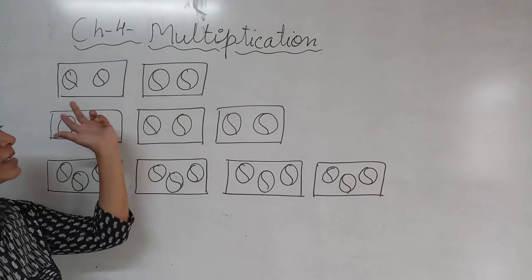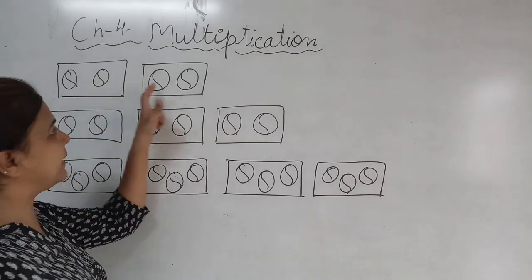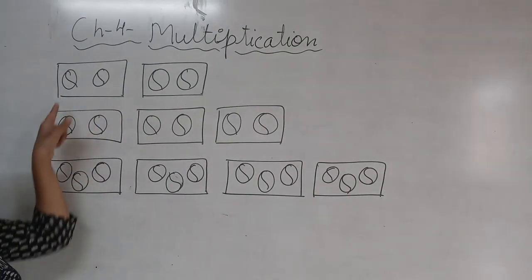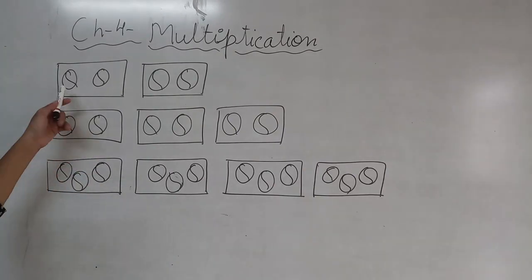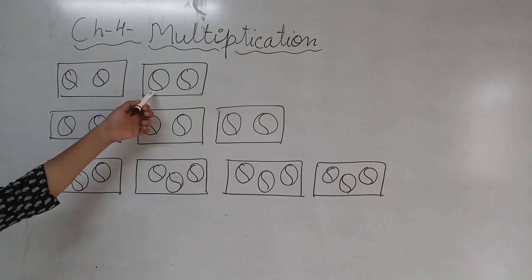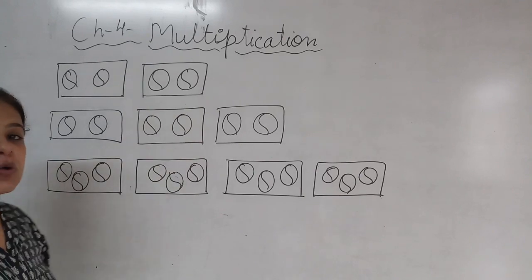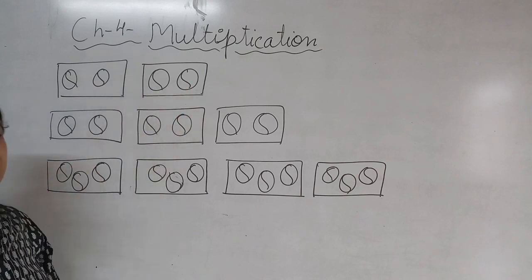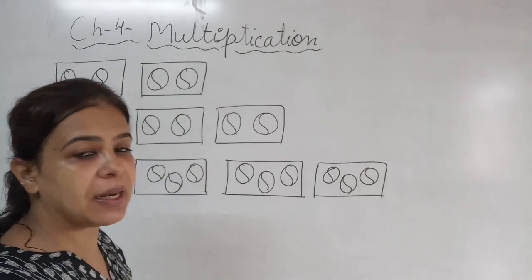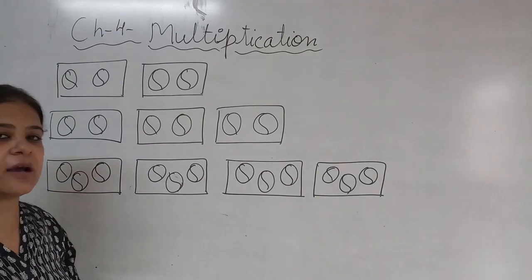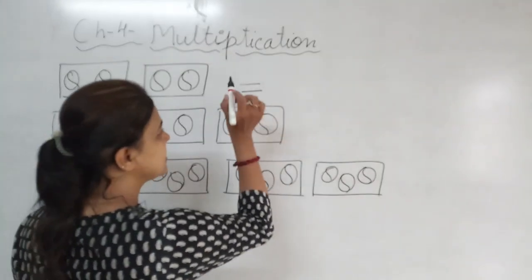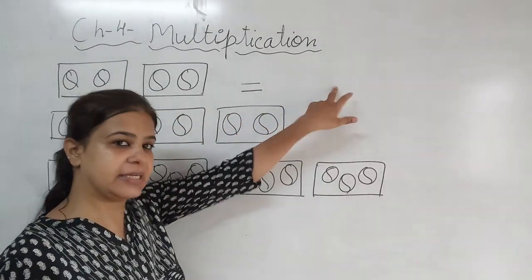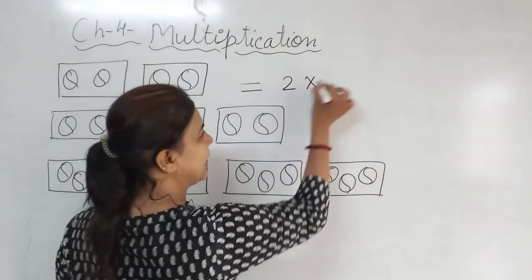It is divided, parted into groups. Okay, now can we see here in this one group how many marbles are given? 2 marbles. 1, 2. Now here again 2 marbles. So can we count how many marbles are there? 1, 2, 3, 4. But I have to write it in the multiplication sentence. So how will I write it? I will put equals to, and after that I will write 2 multiply by 2.